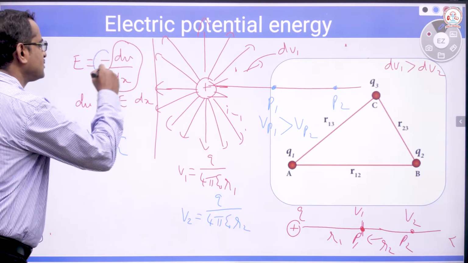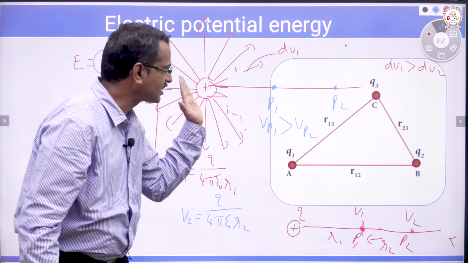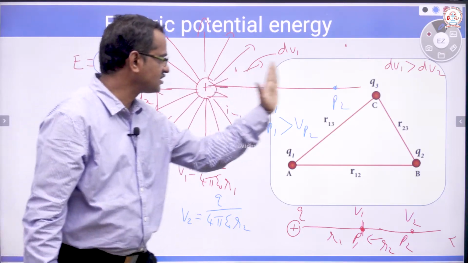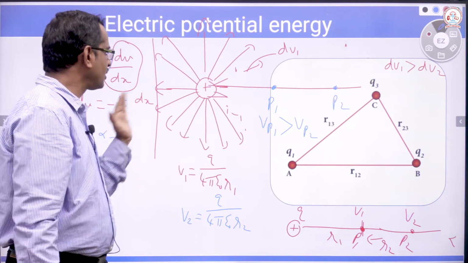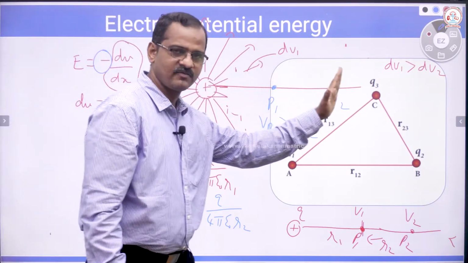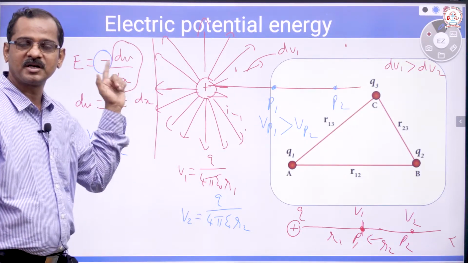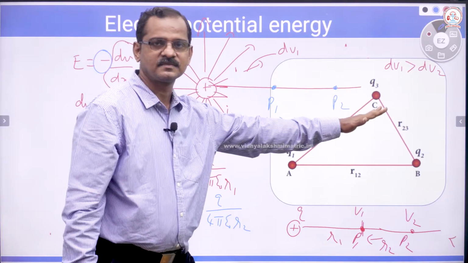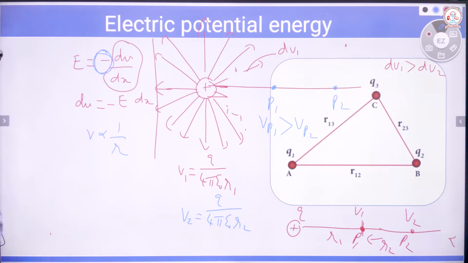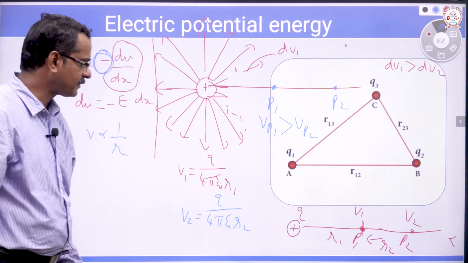So, from this negative sign, we also infer that along the direction of electric field, this is positive, isn't it? Therefore, this is the direction of electric field, and in all directions we can take that as the direction of electric field. Along the direction of electric field, potential decreases, the potential gradient dV by dx decreases. That's what we understand from this. Potential is inversely proportional to distance. That point you have to keep in mind.